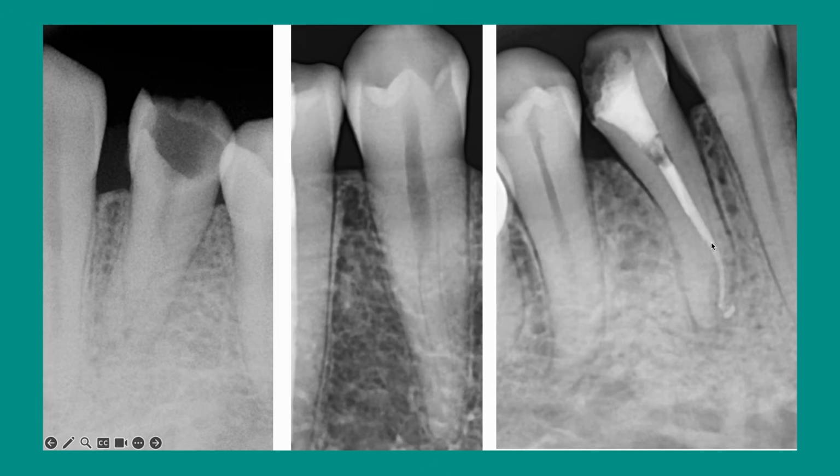Again, in this retreatment case, you can see that the clinician has located one canal and obturated it, but the obturated canal doesn't have any centricity because it is skewed towards one side. So there's a large part of this canal which is visible here. That again doesn't follow what we call the law of centricity. That again should give you a clue that there's probably a missed canal. So these are some of the radiographic clues that you can look at.